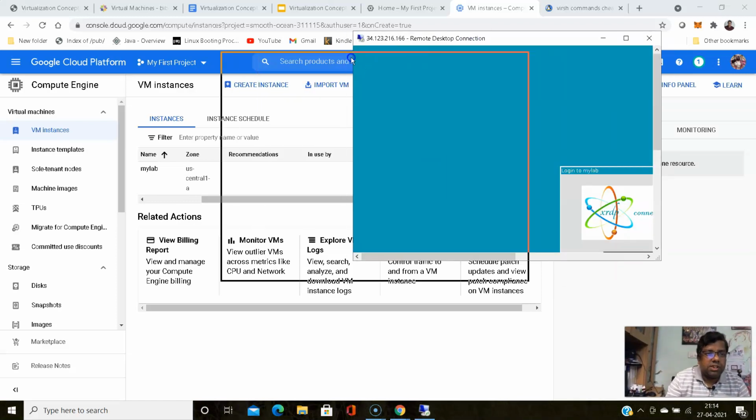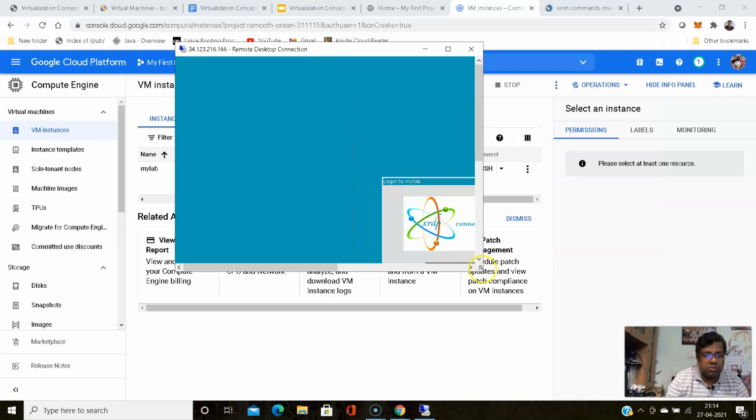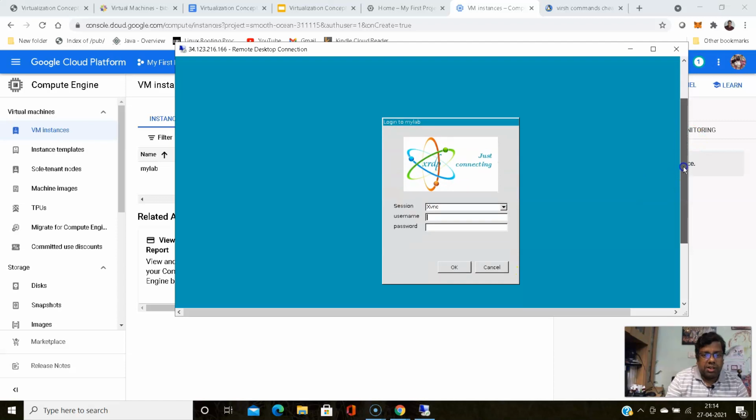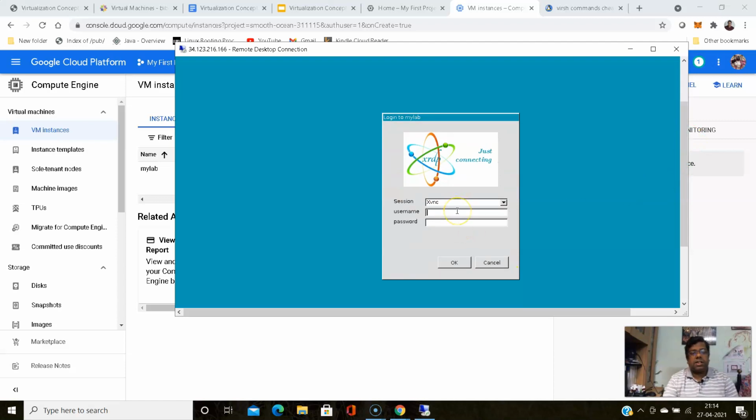Actually, MSTSC is for connecting to a Windows box, but for Linux we have other options like a VNC connection and XRDP. We use the XRDP protocol for connecting to the graphical user interface. So let's say we'll be back.